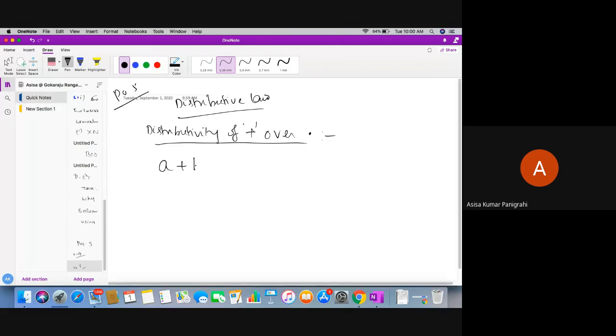A or (B and C) equals (A or B) and (A or C). This is distributivity of the OR operator. The OR operator gets distributed over the AND operator. That's why it's called distributivity of the OR operator over the AND operator.